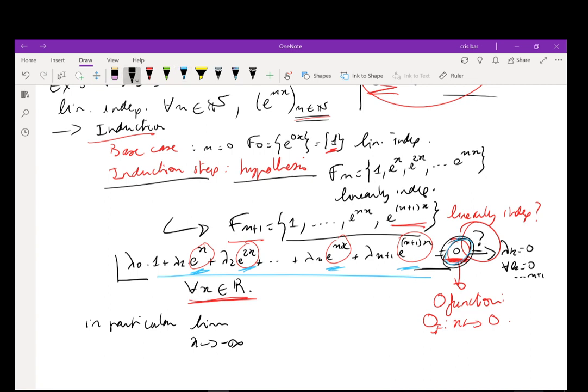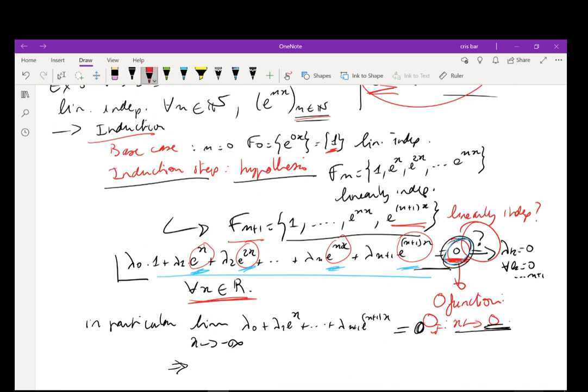Okay, so I'm looking at the limit as x tends to negative infinity of lambda 0 plus lambda 1 e of x plus ... plus lambda n plus 1 e of n plus 1 x. And I know that on the other side, this limit is 0, because the limit of the 0 function when x tends to infinity is just 0, because that's the constant 0. Okay, so let's see, this limit then is equal to